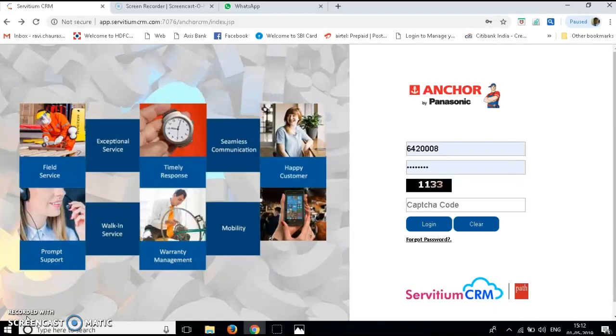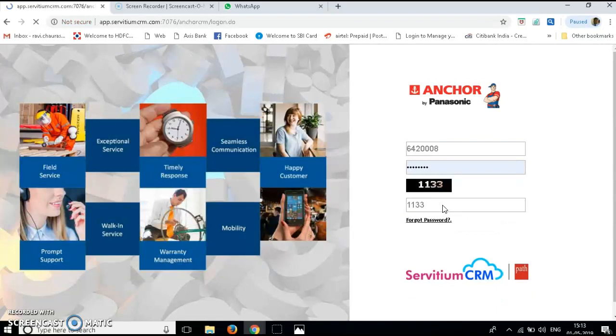Today I am going to show you how to generate the ASC claim service bill. First, you have to log into the ASC. You have to ask the ASC to log in through CRM, or you can also log in. And after logging in,